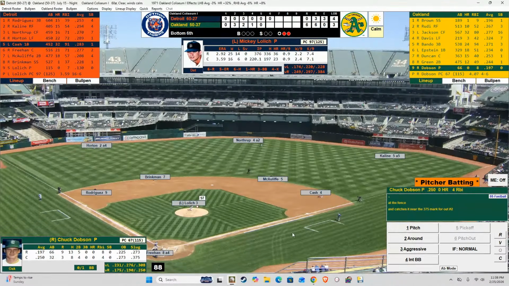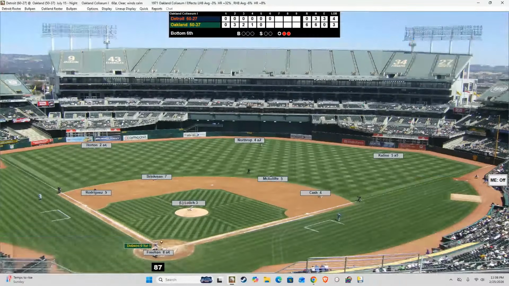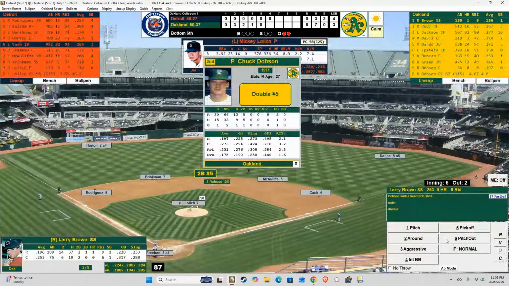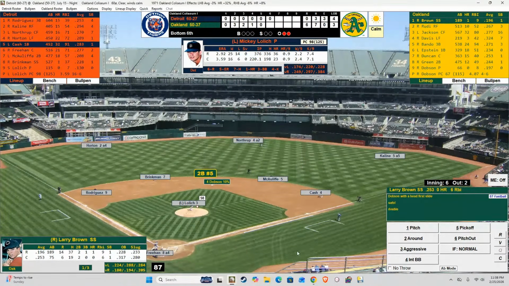All right, here's Chuck Dobson now. Dobson walked his last time, bases empty. And Lolich into the wind, and the pitch. And this one lined up the middle, base hit. Northrup gets it to the wall, and not before Chuck Dobson has himself a 2-out double. 7th hit for Oakland now, and we're back at the top of the order for